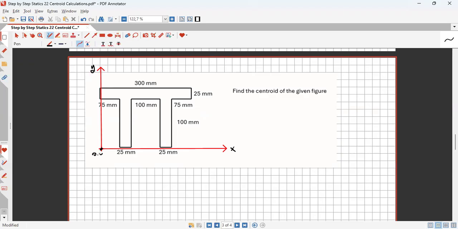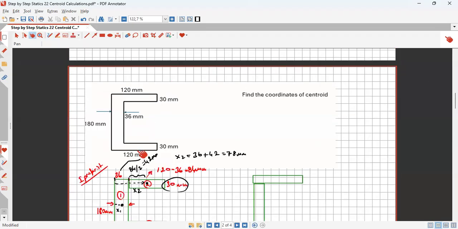This figure is symmetric, symmetrical with respect to a axis. It means the centroid of x is equal to 30 millimeter over 2. It means 115 millimeter. For example, for this question,